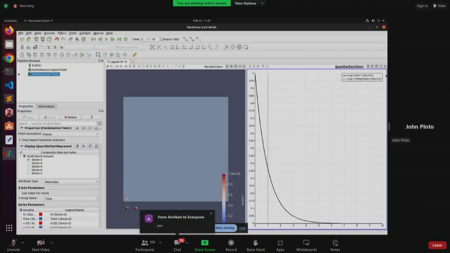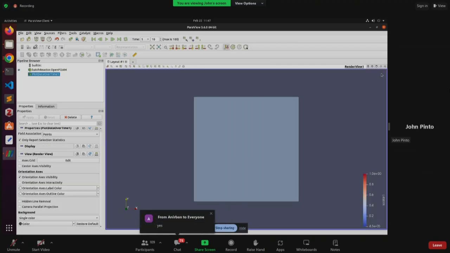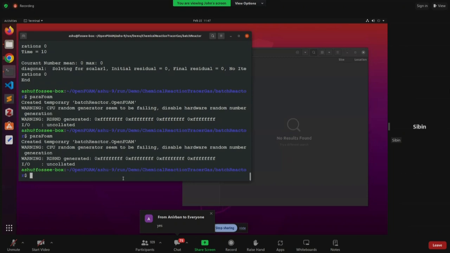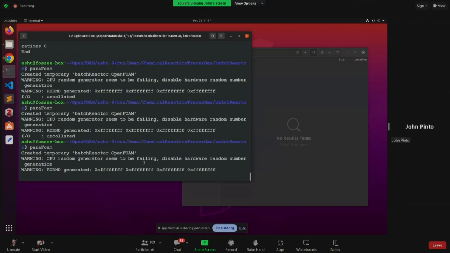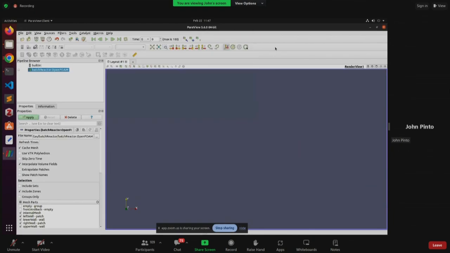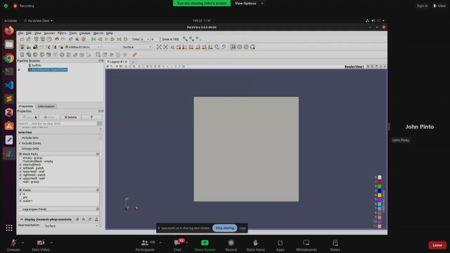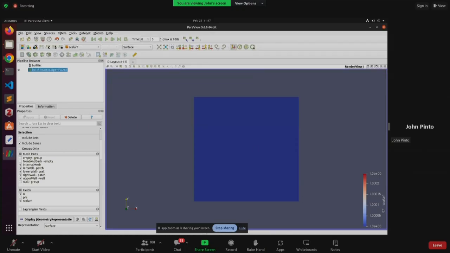Okay. I will demonstrate what the problem is so you will understand. I'll restart it. If I run paraFoam, I need to first go and select scalar 1. This you will have to do every time for all our simulations. Then if I select scalar 1 over here, now you see my scale on the right is from 1 to 1. Now if I click on next,